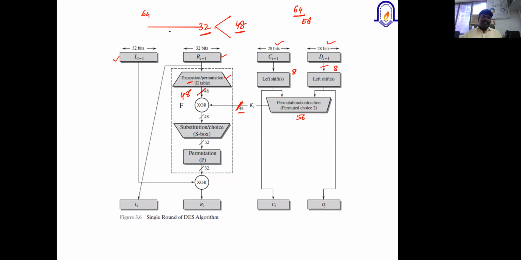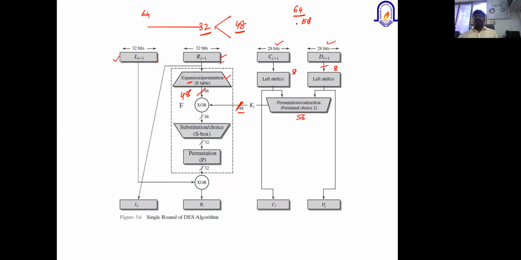If this is a 64-bit plain text, first it is going to be divided into left 32 bits and right 32 bits. We are not going to do any operation on the left 32 bits, only on the right 32 bits, which are used for a list of operations.